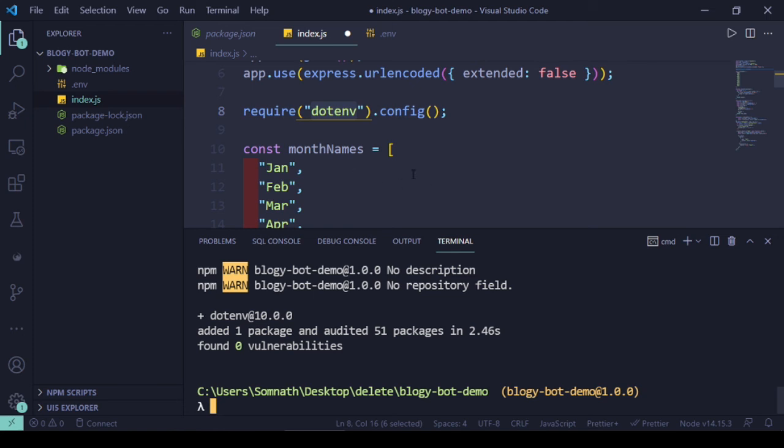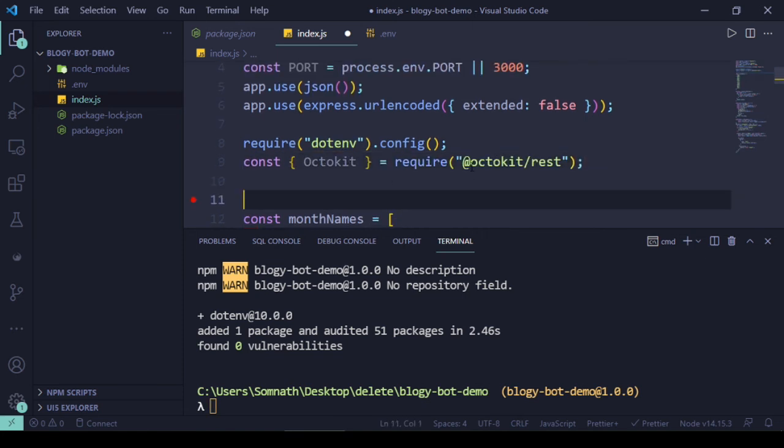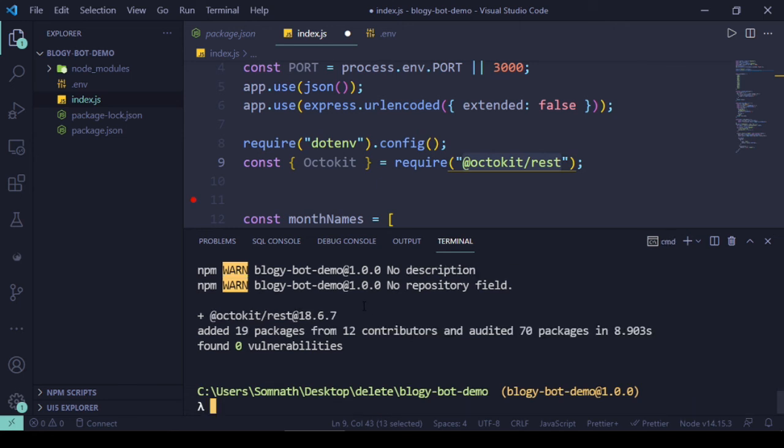So let's install Octokit as well. Let's copy this Octokit REST and install. The short form of install is i, and from this namespace of Octokit just install the REST. So Octokit is now installed.